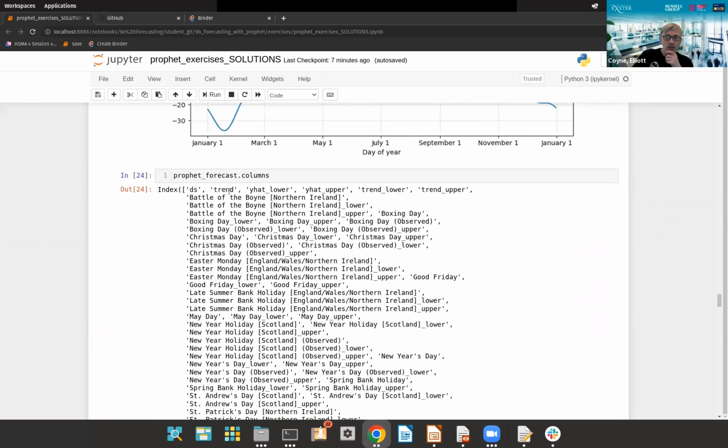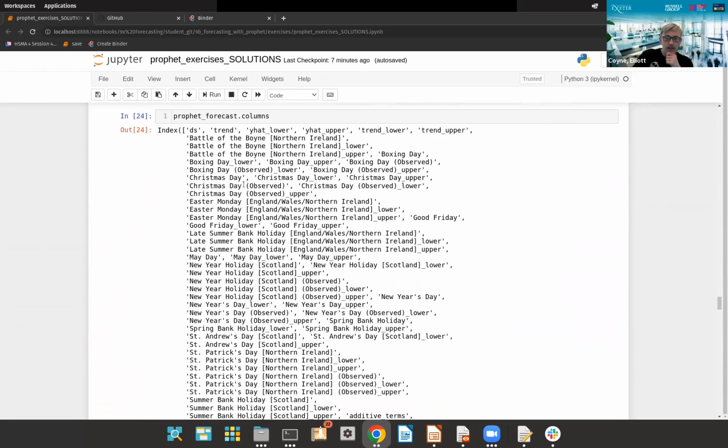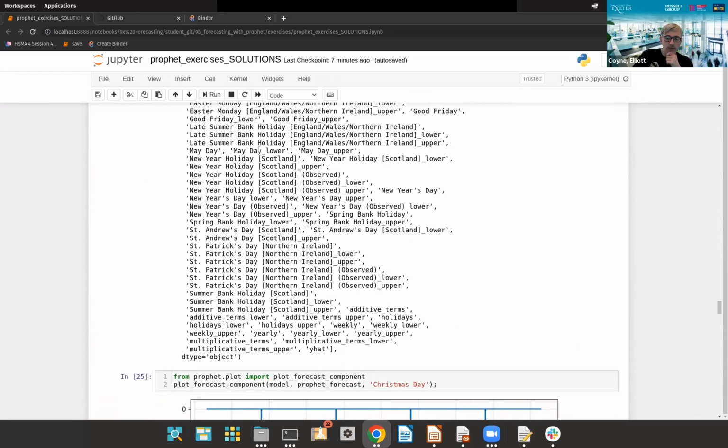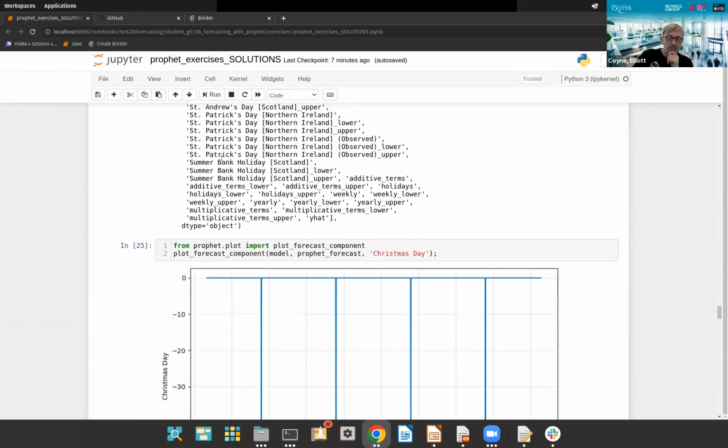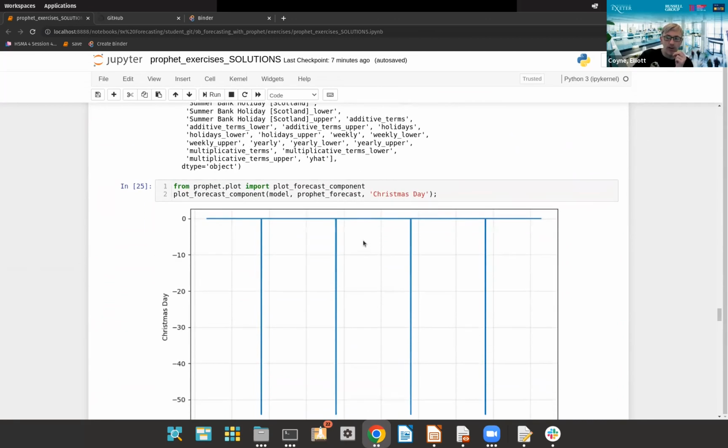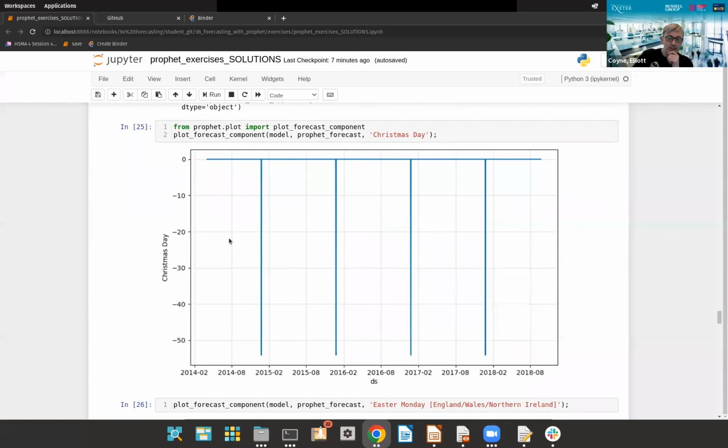Scrolling down, if we look at the columns for the different holidays, I've used that to identify which holiday I want to pull out one at a time. So we can see that on Christmas Day,